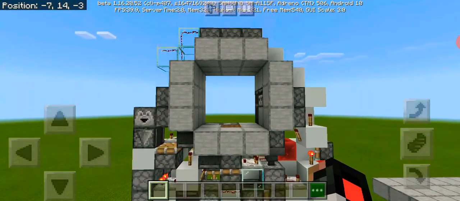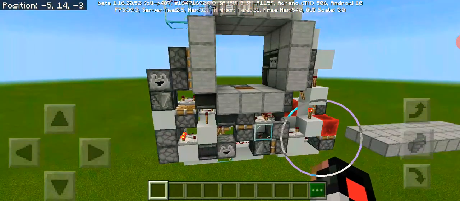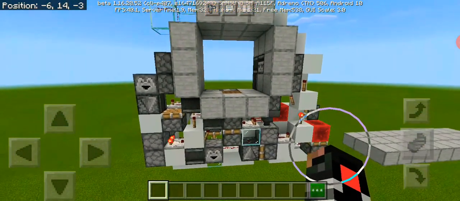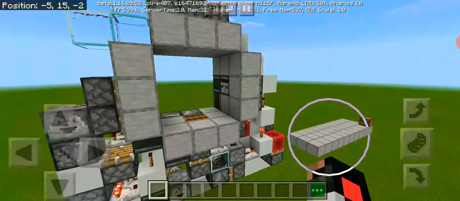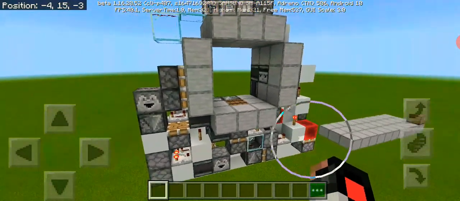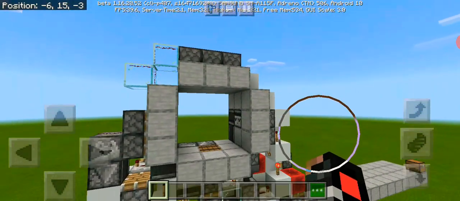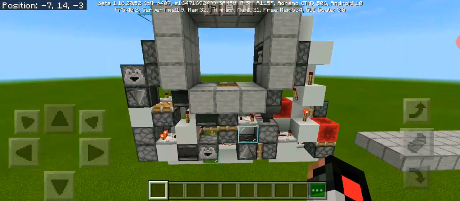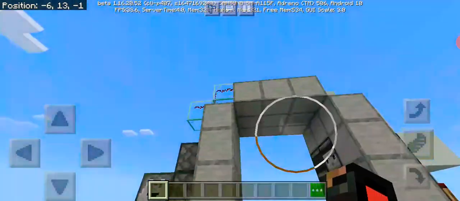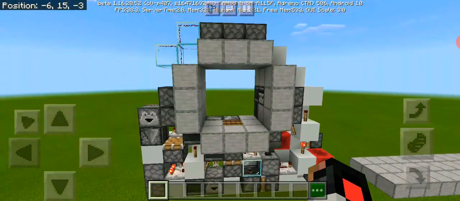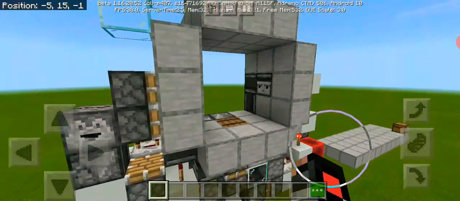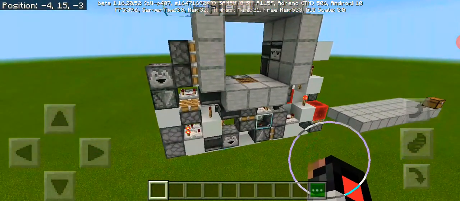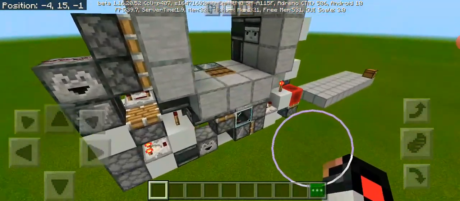If you want a tutorial for my 3x3 piston door, I will have a link to one of my episodes where I showcase this piston door, and I have already made a tutorial for this piston door, the 3x3 itself, not this one. Because of that, I don't need to explain how the 3x3 piston door works, but how the barrel